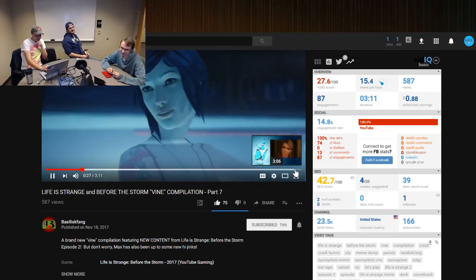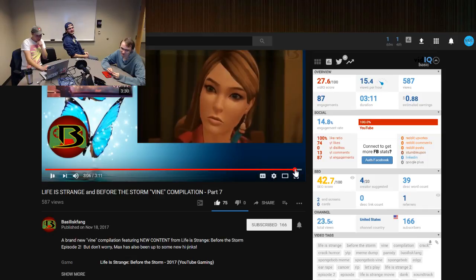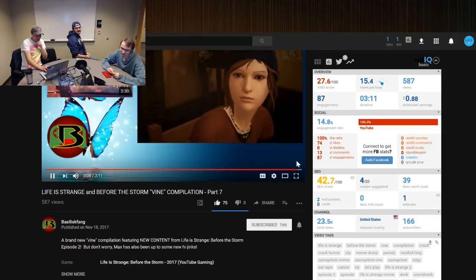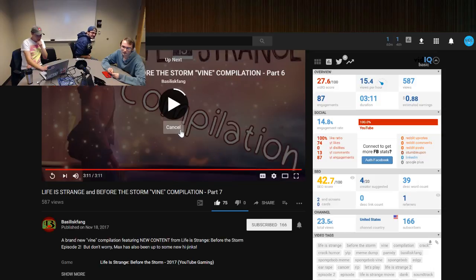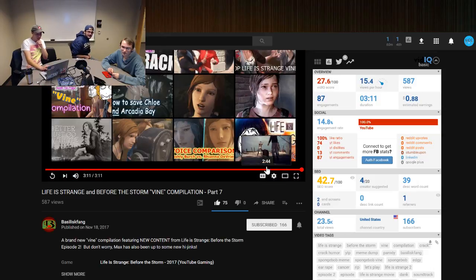I think it shows up near the end. I don't know if it's within the last, just down in the right corner. It's supposed to. Well, it's possible with ending screens it doesn't do it anymore. Yeah. What's your thought behind doing it that way? What's the strategy? I don't remember what my strategy was. I know I had a strategy back when I was doing purely Let's Plays. I don't remember what it was.